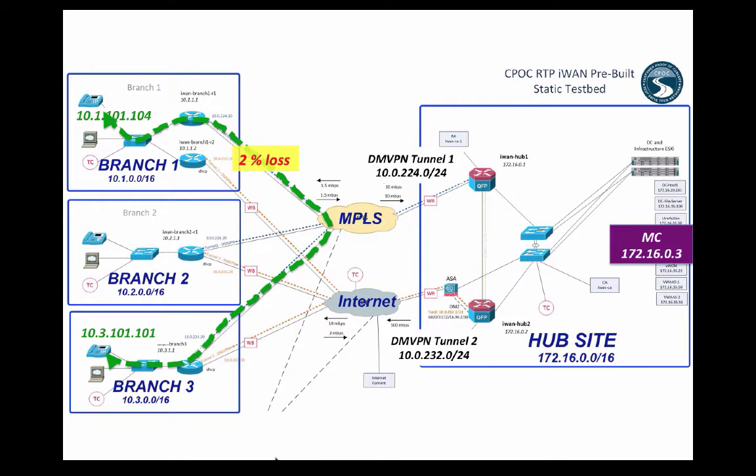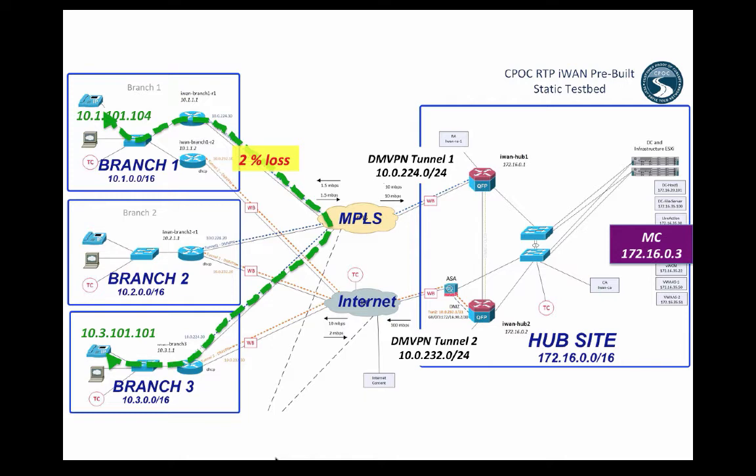I have a WAN bridge, which you can actually download from the internet. It's an OVA, and you can go ahead and put it in line, and you can cause loss. So what if there is 2% loss here, more of a brownout type environment as opposed to complete loss? So what we can do is we can now go ahead and introduce the intelligent path control portion of IWAN,